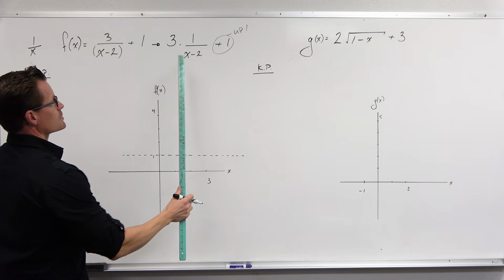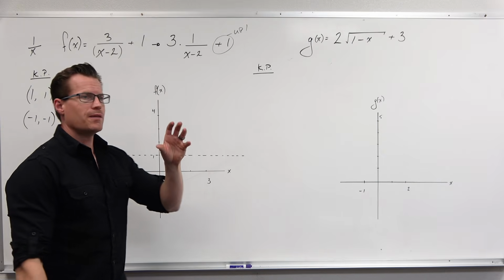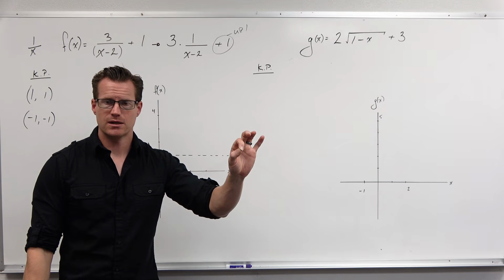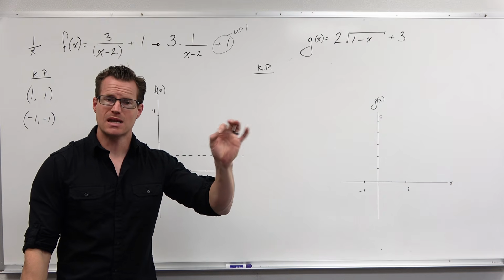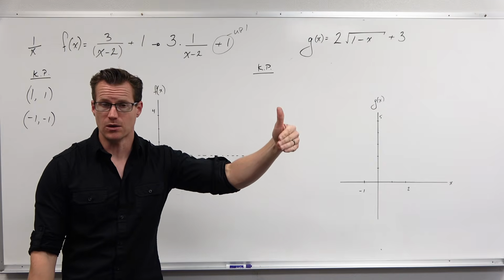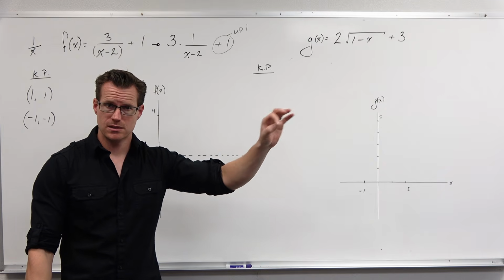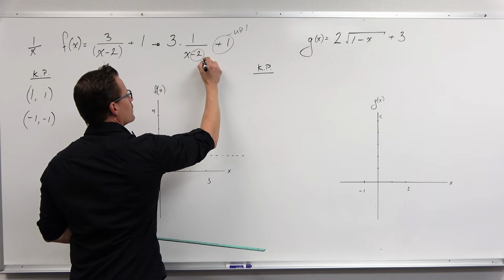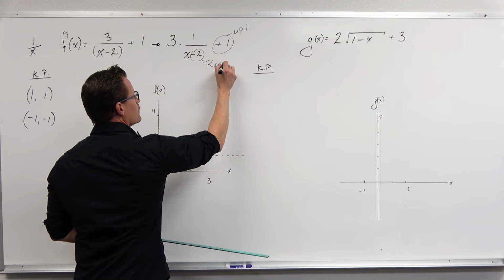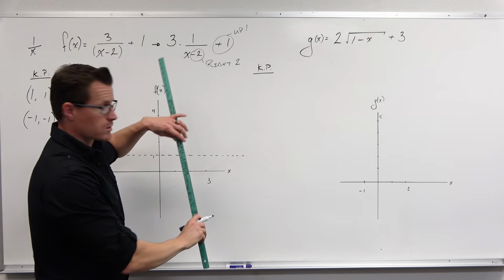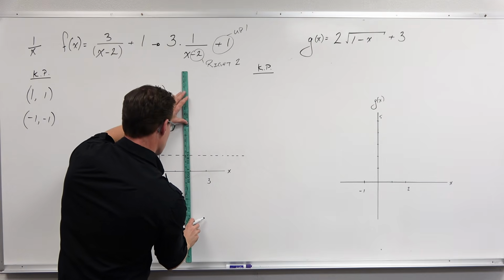Now I'm going to look at the -2 and say, all right, well, that's affecting the input. That says take your input value and subtract 2 from it. What would I have to plug in to get the same input value that I really wanted? Well, I have to go 2 bigger. So that's a shift to the right 2. We talked about why that was in the last video. You could write those transformations out if you're required to list them. So right 2,